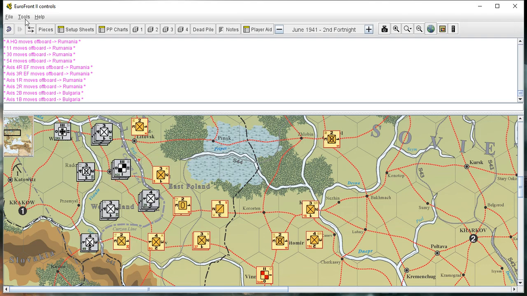Before I actually do that, though, there is one little bug in Vassal engine, and unfortunately, you have to do this every time you open up the Vassal engine. But this is very relevant when you play by email. But what I'm going to do